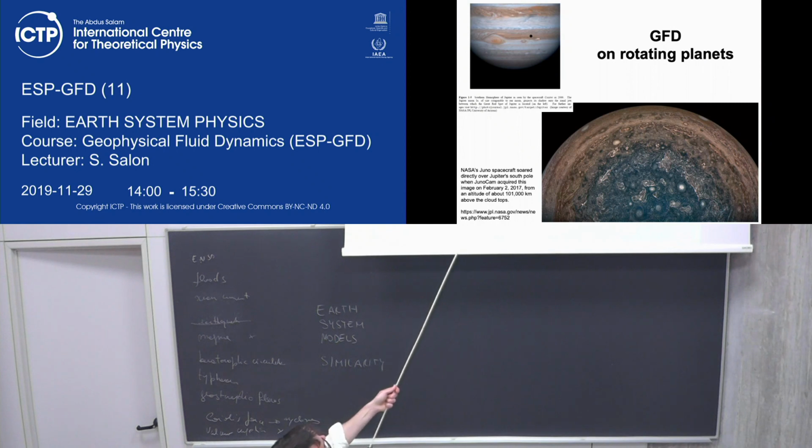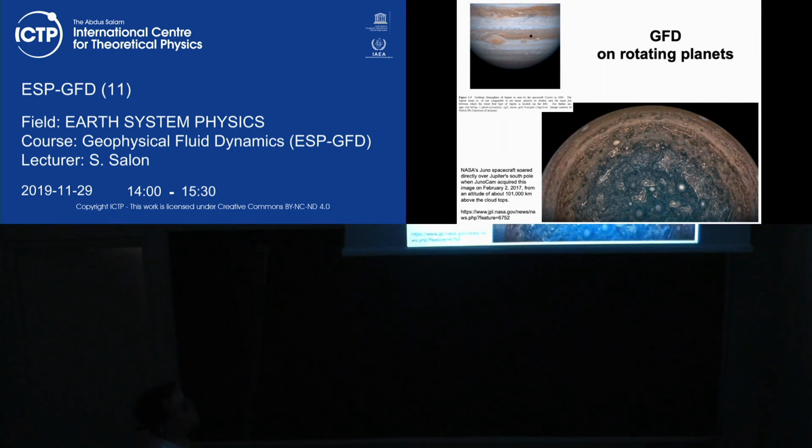This is a couple of years ago, 2017. The Juno cam from the Juno spacecraft, and you can see how beautiful it is, and you can also appreciate the evolution from this picture to this picture. You can see a lot of different phenomena which resemble the ones that we have on our Earth.